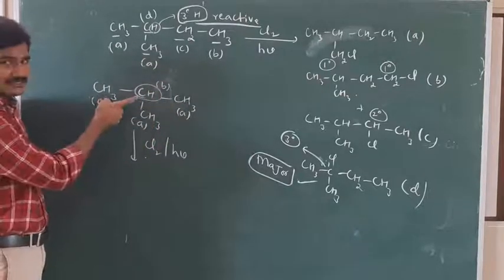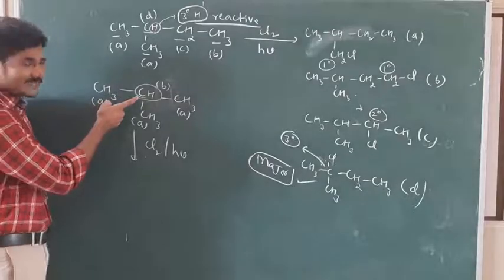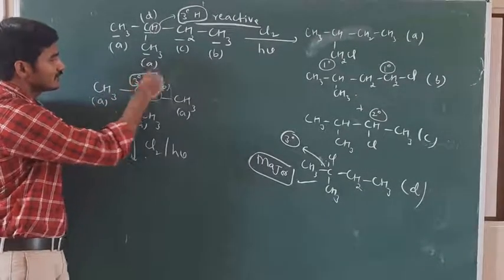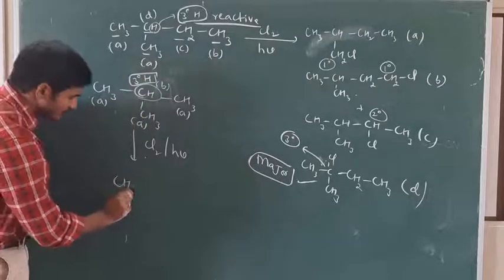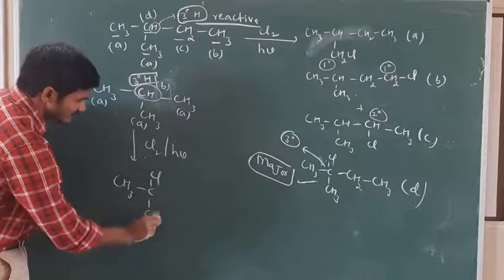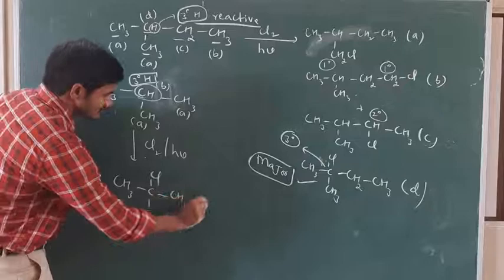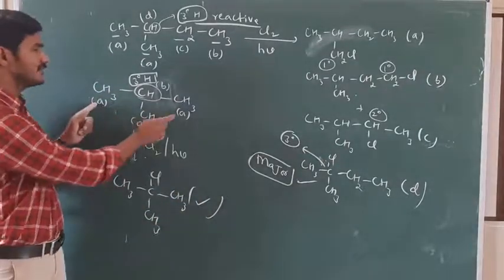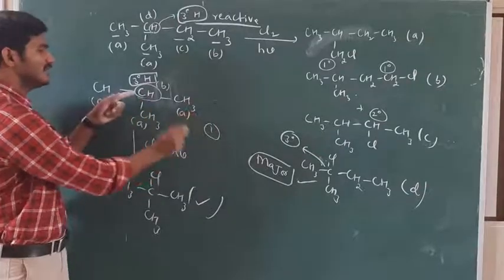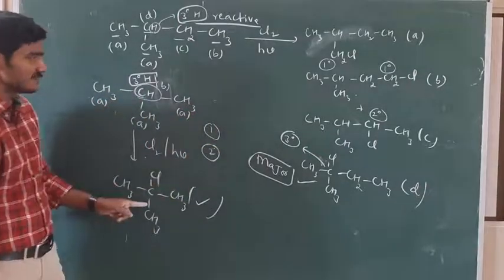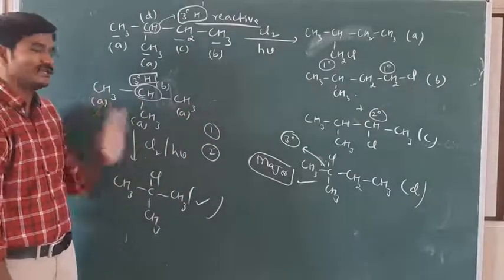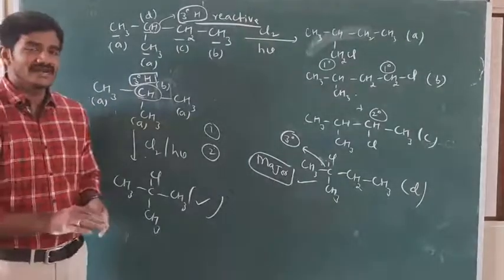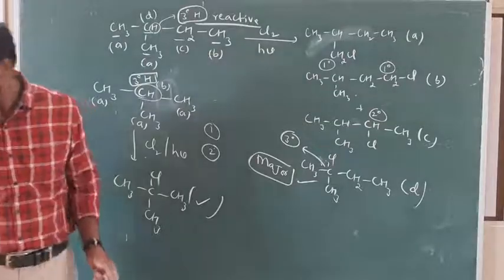Which type of carbon is it? To see the carbon, just remove the hydrogen. This is tertiary hydrogen. So the direct product you can write: Cl, CH3, CH3 like this. How many products do we get here? A, one type, and this is B, two type. Two products we get. This is the major, which is formed at tertiary hydrogen. So this is a free radical substitution of the alkanes.